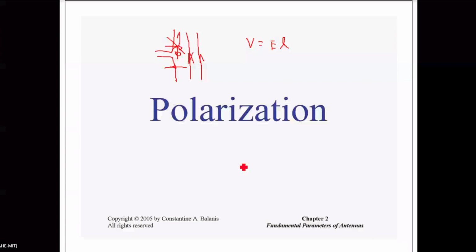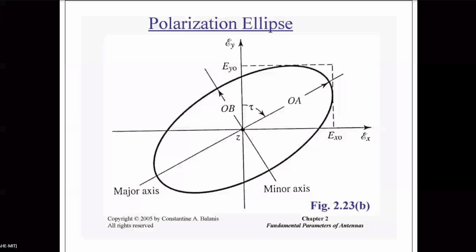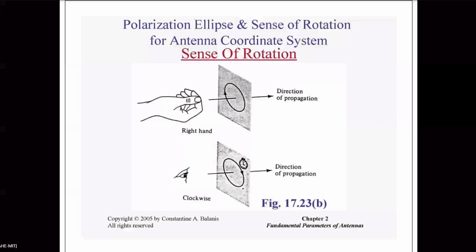Okay. Now see, you can see a wave propagating, and you can see the rotation of the wave. Let us see what is mentioned in the next slide. As time passes, the direction of the electric field keeps on changing. And if you keep the distance factor, well, let's see the next slide. One second.